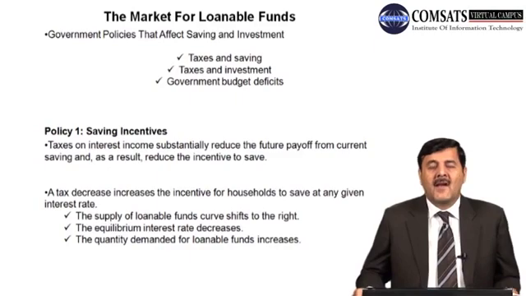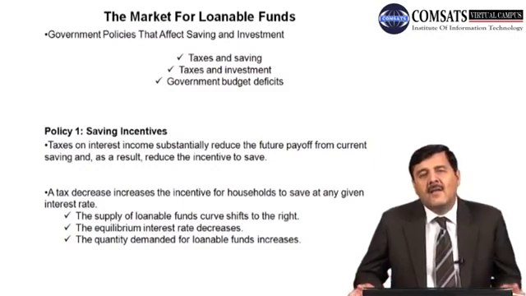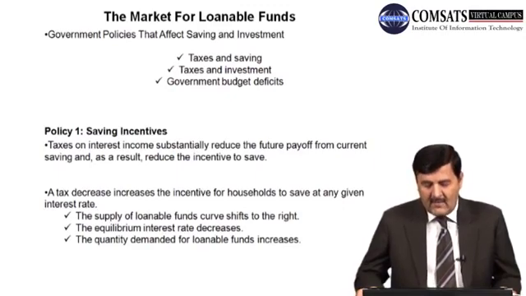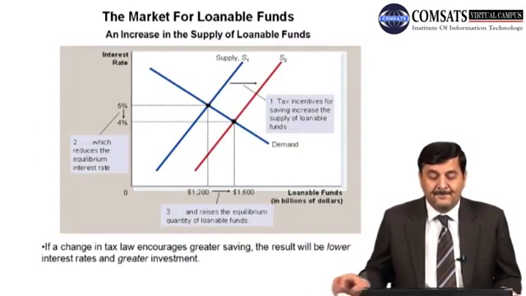तो इसको हम एक्सप्लेन करेंगे किस तरह से टैक्स की तब्दीली से सेविंग में तब्दीली आती है और डिमांड और सप्लाई ऑफ लोनेबल फंड्स में चेंज आती है, और कर्व शिफ्ट होता है और वह इंटरेस्ट रेट और डिमांड और सप्लाई ऑफ लोनेबल फंड्स को मार्केट में अफेक्ट करता है।